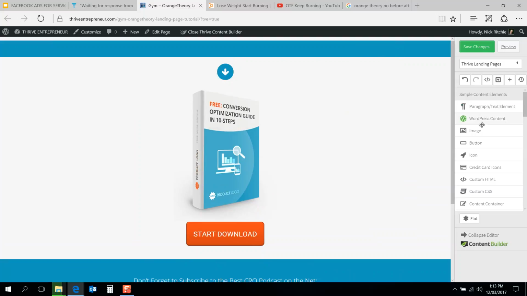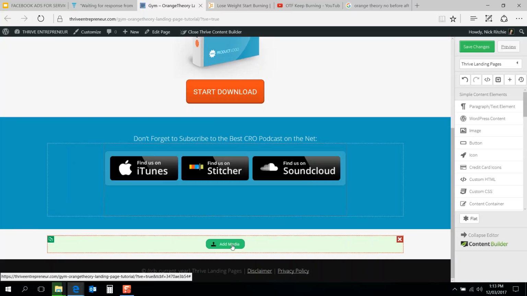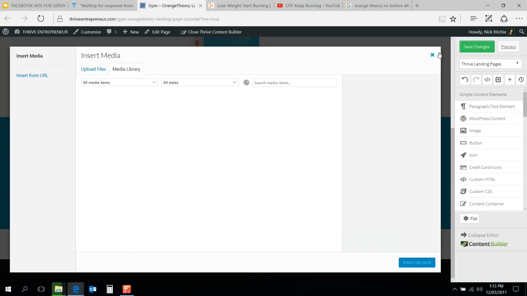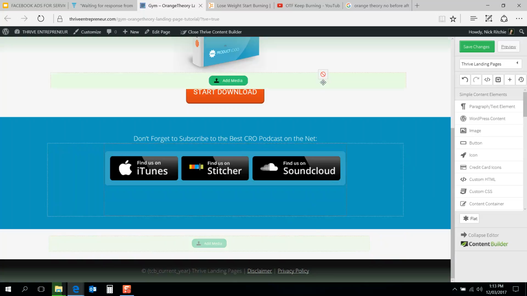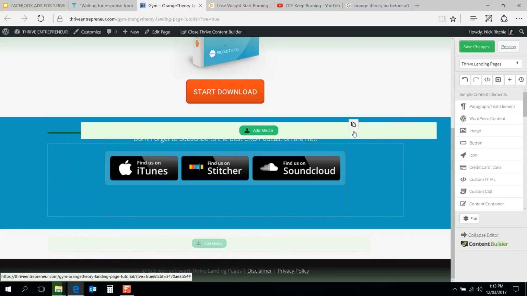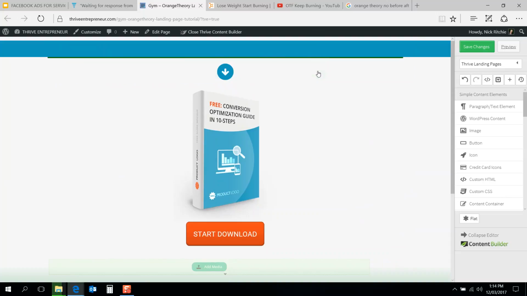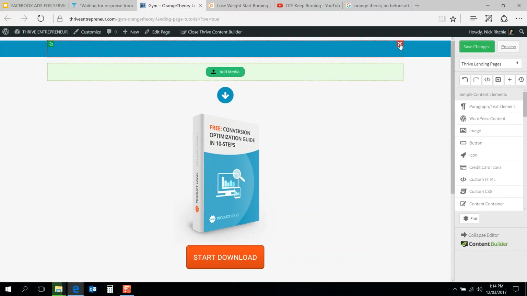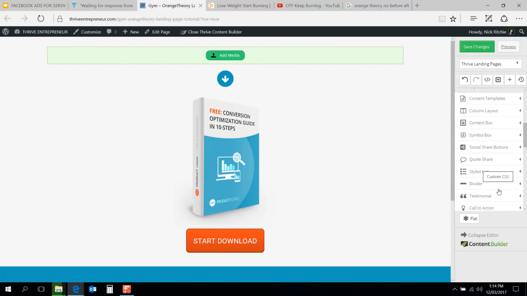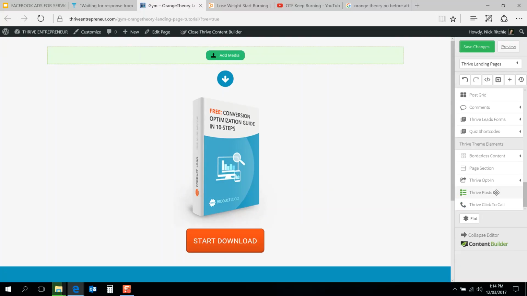Yep, okay, image. Usually if you click something, it puts it down the bottom. If you drag, usually you can just drag these items up and down the page wherever you want them. Let's get rid of this because it's not playing nice. So you just hit the X box when you want to